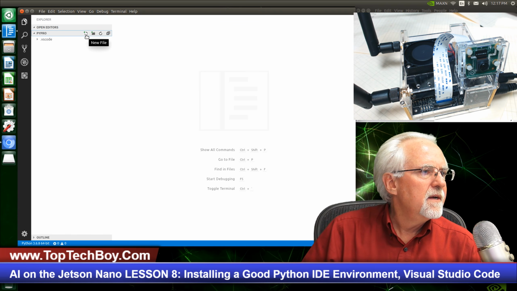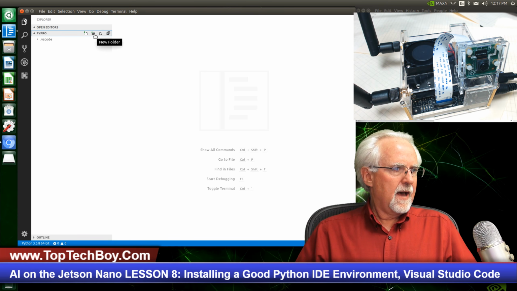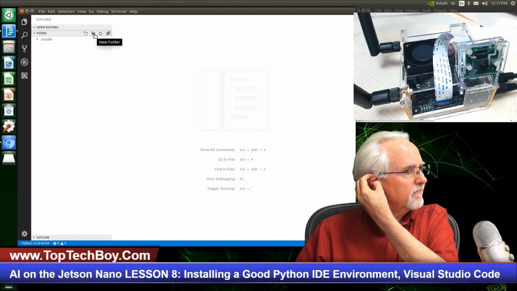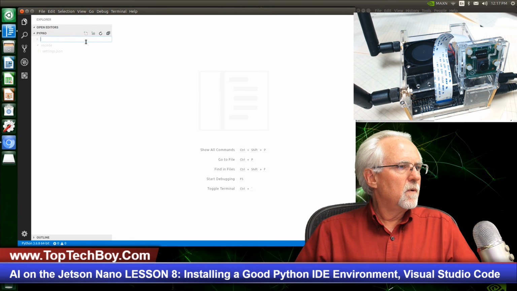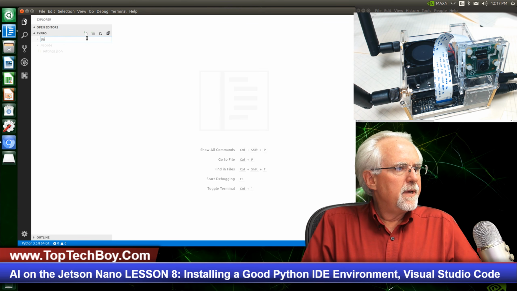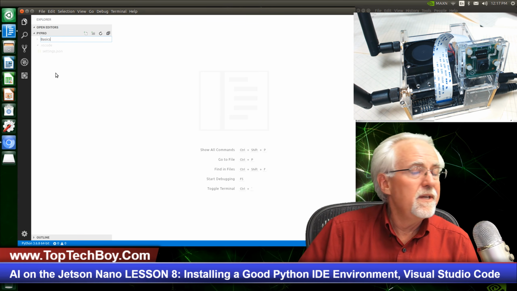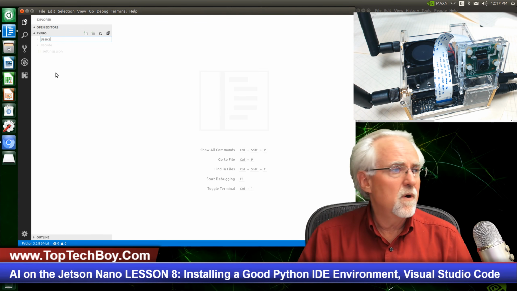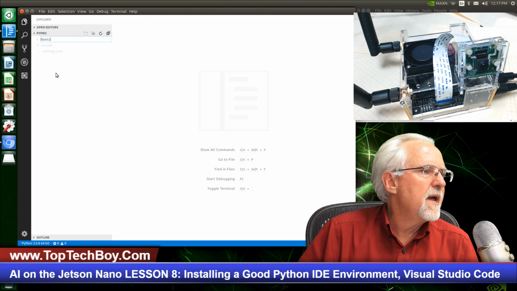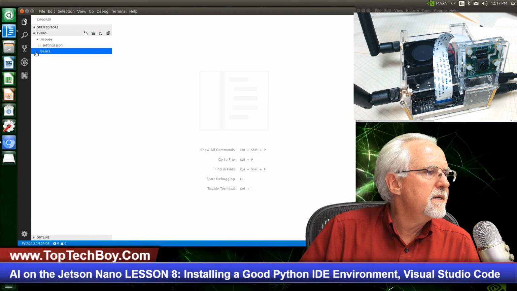So I can click here for a new file, or hey, I could do a new folder. I think I'm going to go ahead and make a new folder. And so I'm just going to say basics, because we can kind of put our basic work in here, and then later we'll have one for OpenCV. And so now I'm going to click enter, and let's see, I've got a folder called basic,